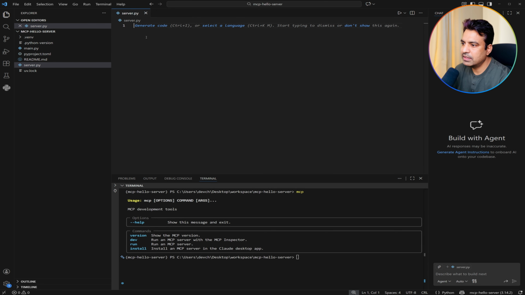So we will use this class file. You can also write in the main.py, but to make it a separation, we will use server.py to write our code. So here I will import some of the code, and then I will explain each line, what this code is and what it is doing. So the first thing,